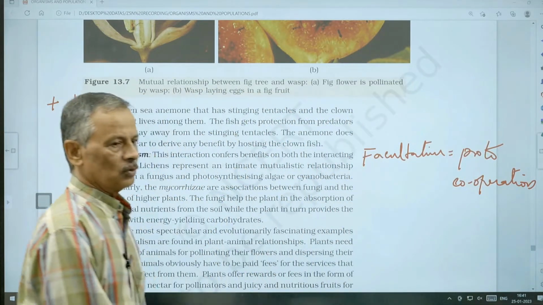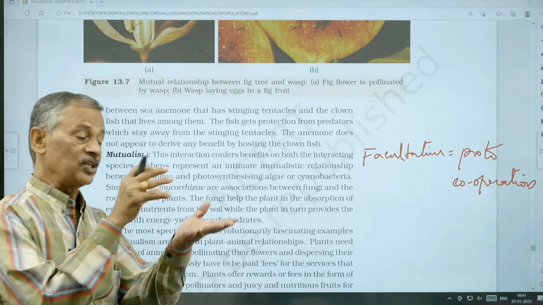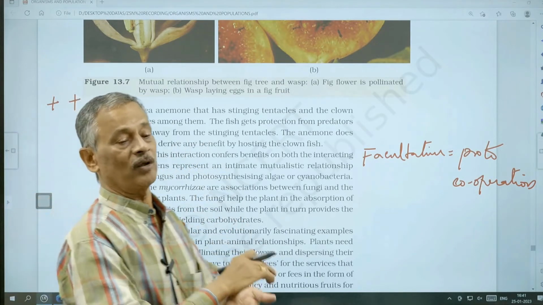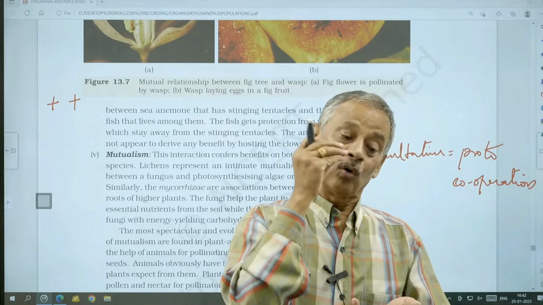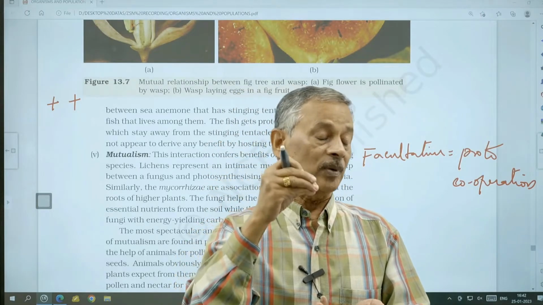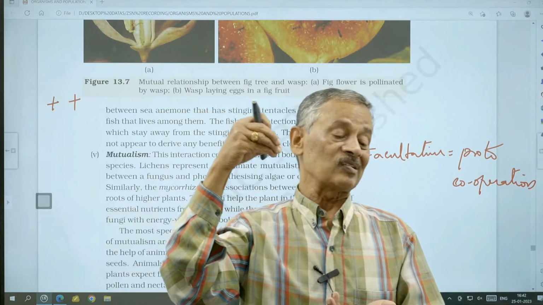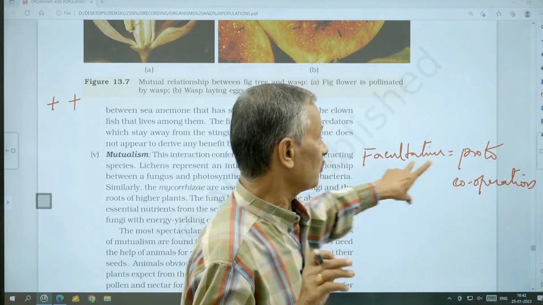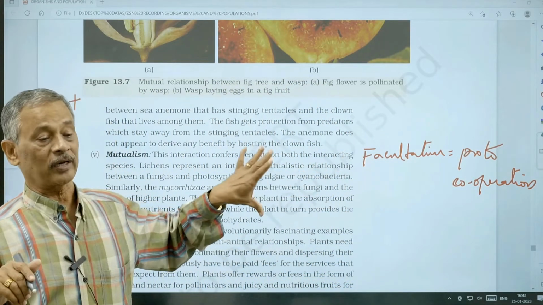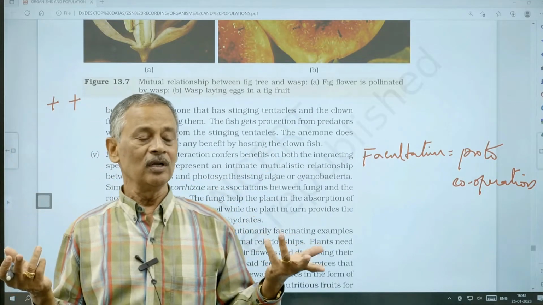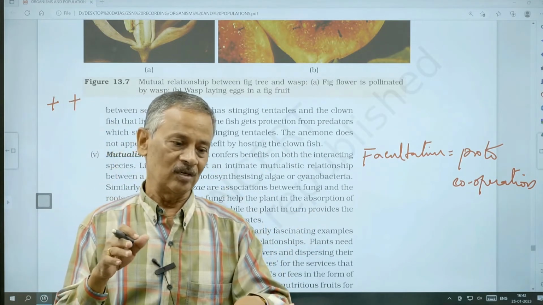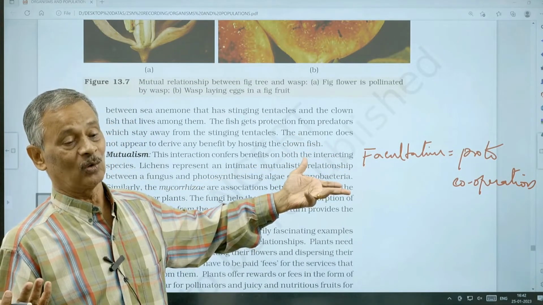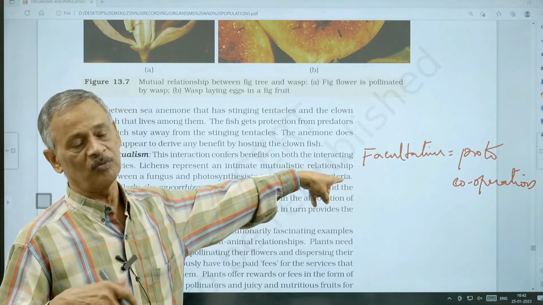This word is not in our book. Proto-cooperation, facultative. For example, a crow sitting on the back of a cattle, eating the insect pests which are all attached to the body of the cattle. So, cattle is getting the benefit of, or what is the benefit? The ectoparasites are completely removed, so it is getting relief. Bird is getting its food, so both of them are. Similarly, the crocodile and crocodile bird: bird is getting food, crocodile is getting its teeth cleaned. So,